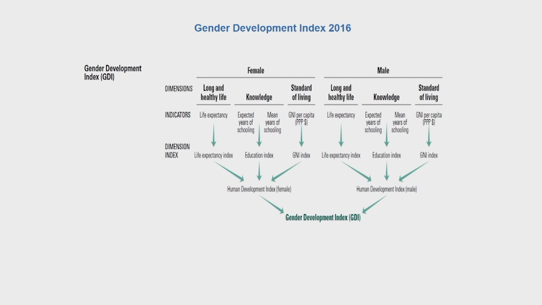It measures the gender gaps in human development achievements by accounting for disparities between women and men in three basic dimensions of human development, the same as that of the HDI: health, knowledge and living standards. And in the report of 2016, the UNDP's endeavor was to use the most recent, reliable and internally consistent data. So they collected more extensive and more reliable gender disaggregated data as a challenge that the international community should squarely